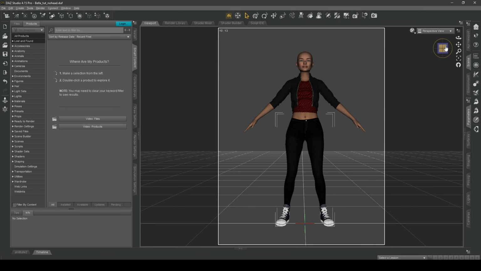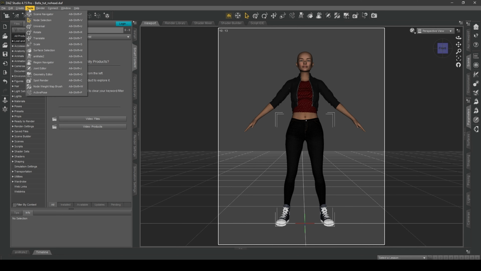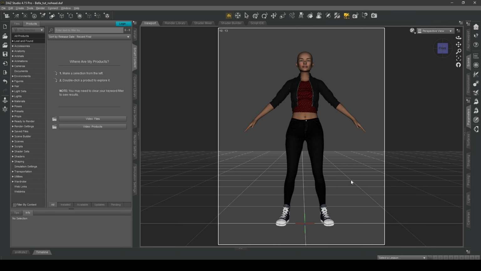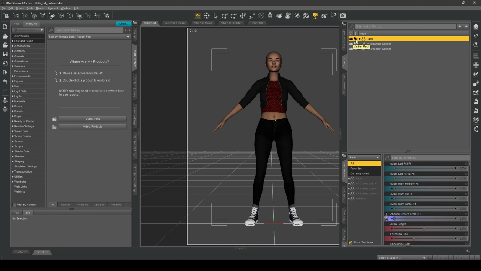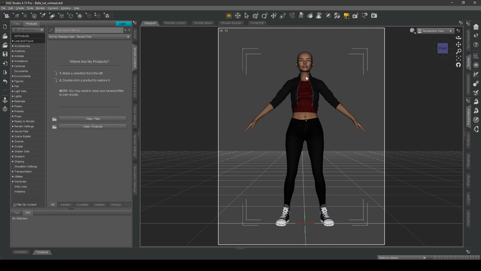So in order to do that, we need to go up here to activate the geometry editor tool, or you can go to the menu, go to tools, geometry editor, or you can click Alt, Shift and G, and that will enable the tool. We need to make sure that our base character Rue is selected there, not the clothing. And then you can see this red circle has appeared. Right, what we need to do now is right click and go to selection mode and choose lasso selection.